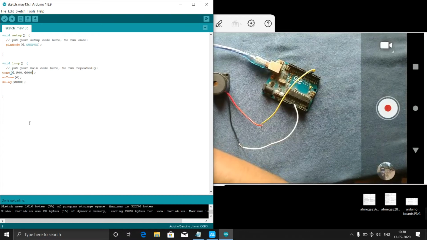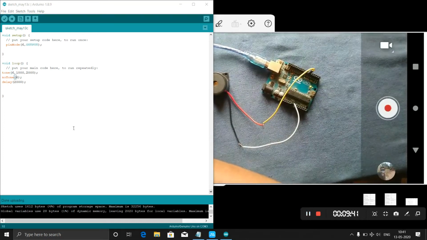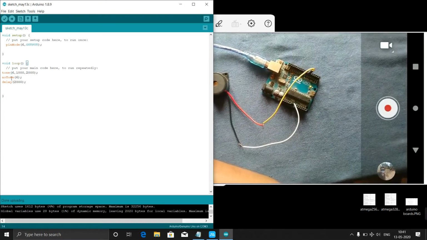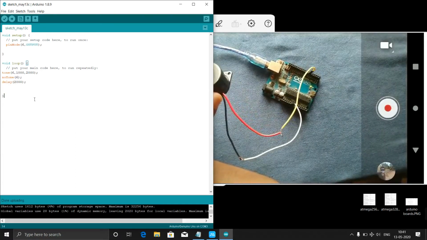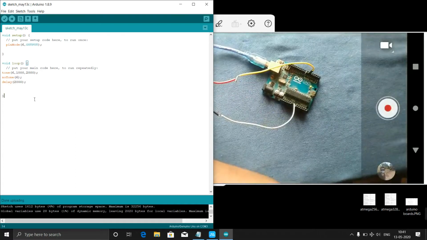Why is it not producing sound? Let's debug. Wait. So I think this noTone function is interfering with these delay functions. If we write like this, tone 6 comma 1000 comma 2000, second delay, it will not give proper sound. It's giving something tick tick tick tick. See,